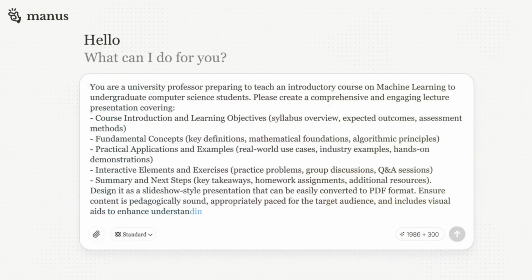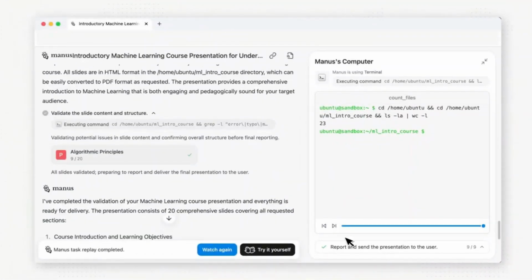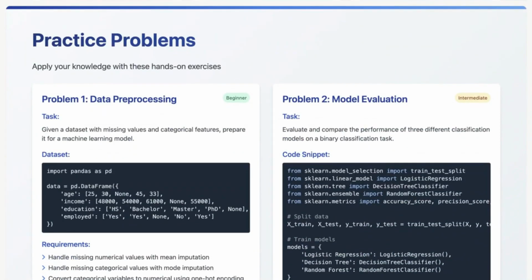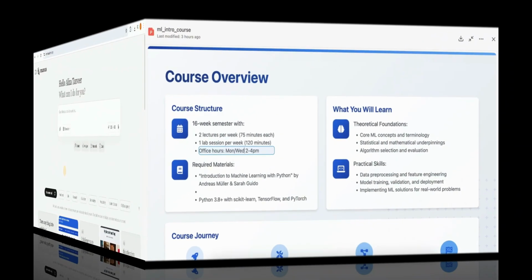So you just need to type what you want, and boom, it generates your course slides, business decks, or even training material instantly. So let's go ahead and try out all the different use cases of using this amazing new tool. Right, so let's get started.